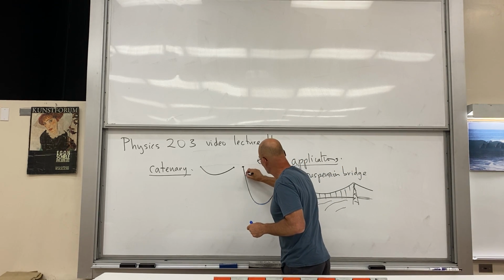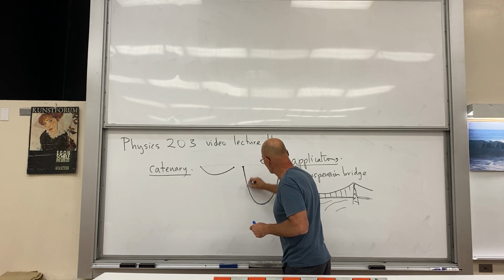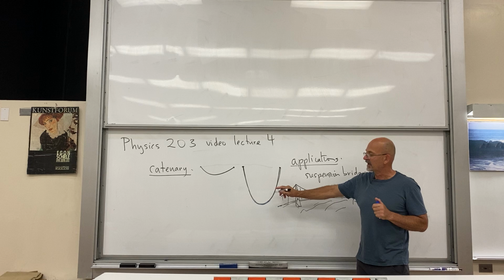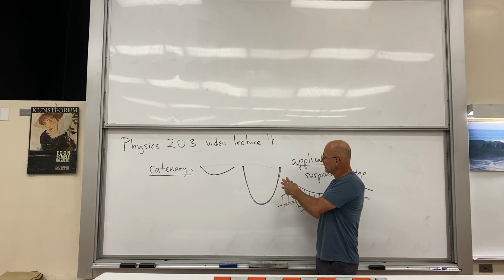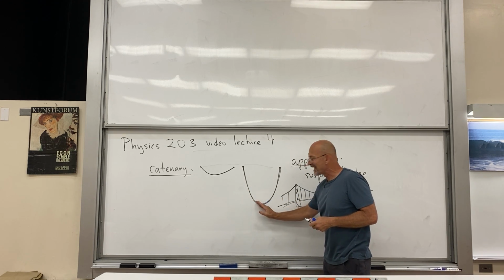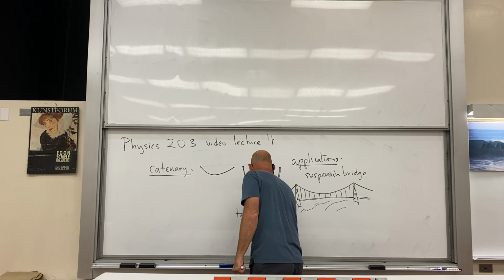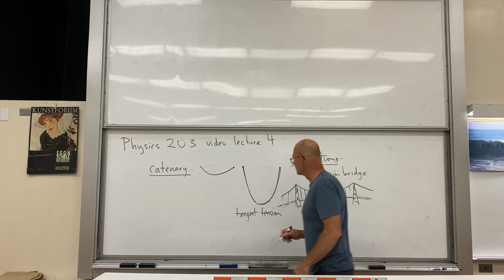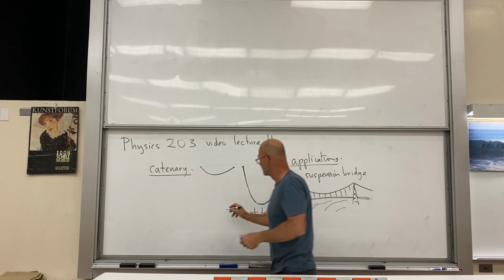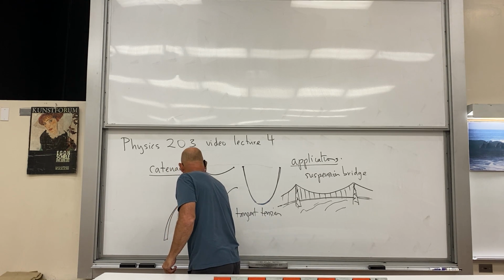I'll just use this picture. So imagine you have a chain, you get this exact shape here for a uniform mass distribution, and you make this rigid. Okay? Well, first of all, before it's rigid, it's just a chain. The principle is that the tensions are all tangential. Okay? Tangent tensions. That was the principle here. So if you make this thing rigid, you can stand it on its feet, so to speak. You stand it on its feet, and you have this shape here